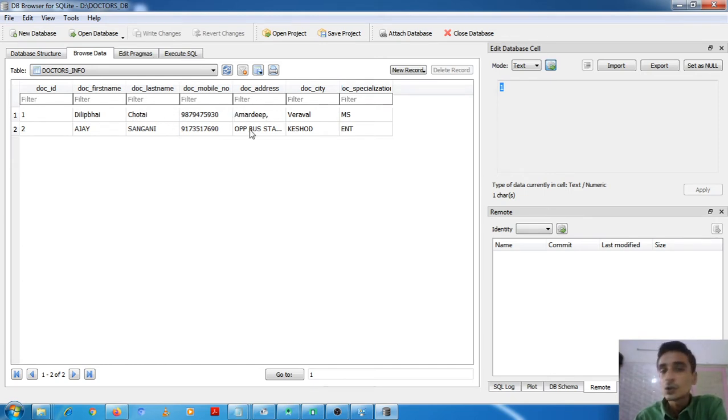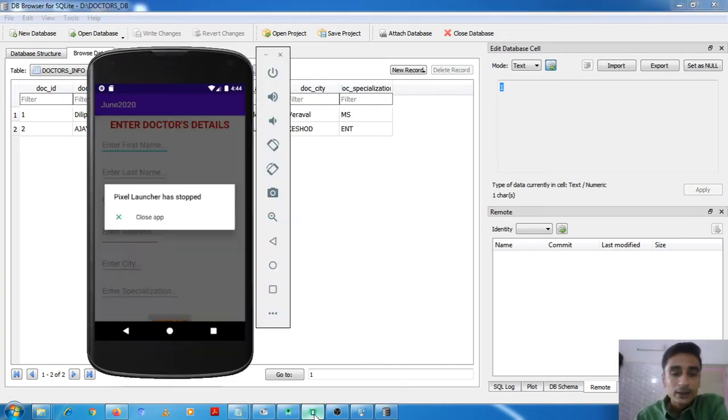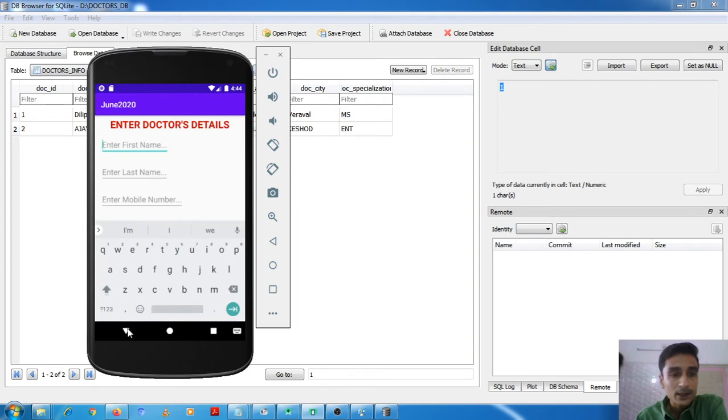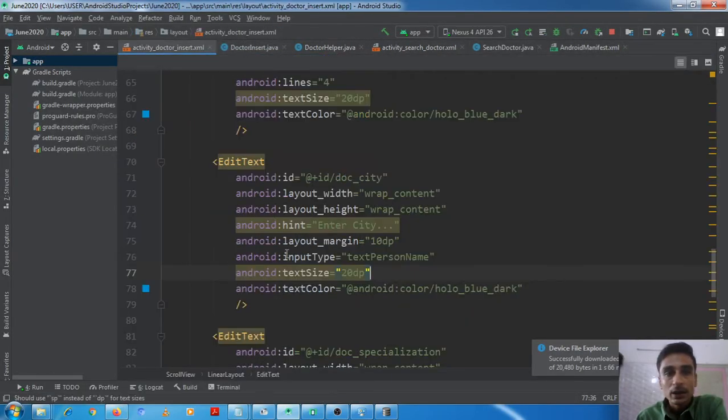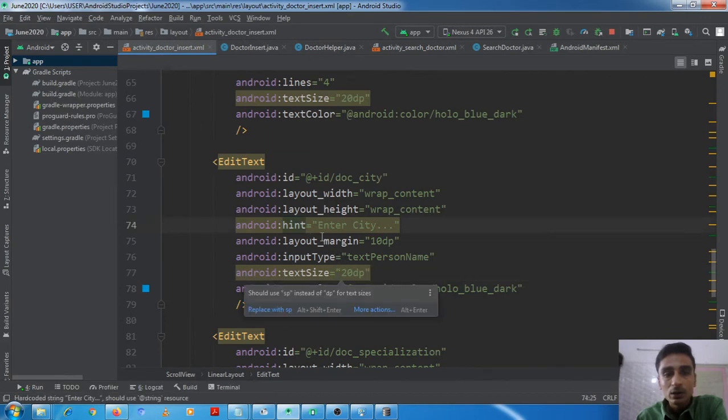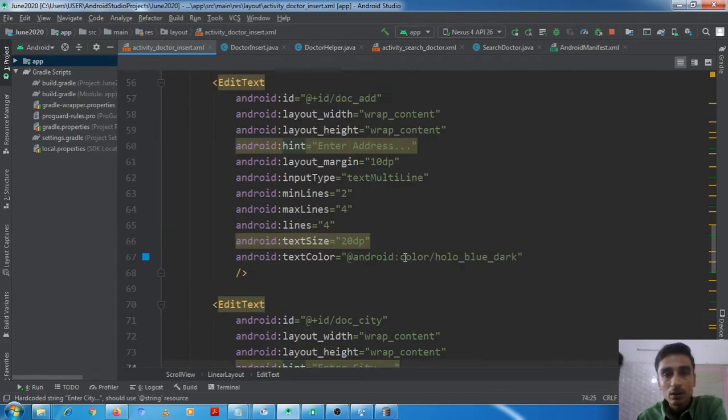the data which I entered in the previous video also appears. Okay, then next, we want to make this address field multi-line. For that, what should we do? In our layout, we should give input type equal to text multi-line. What will happen? The client will be able to see more than one line and enter more than one line in